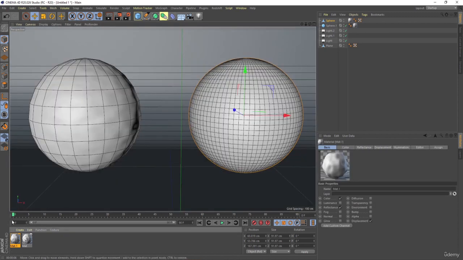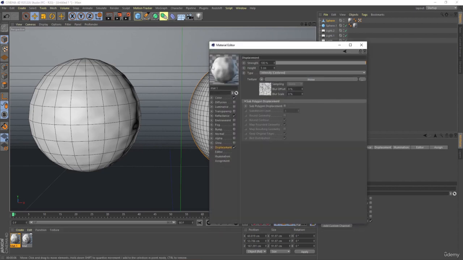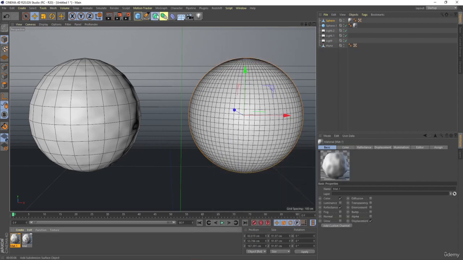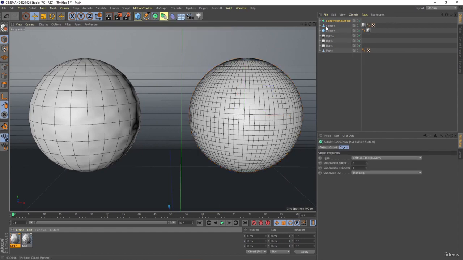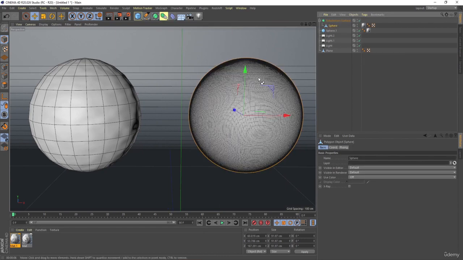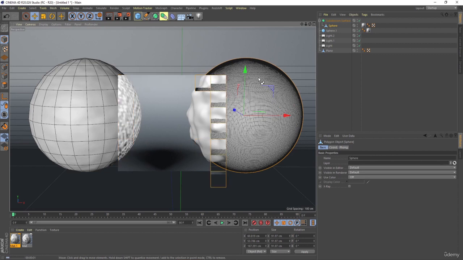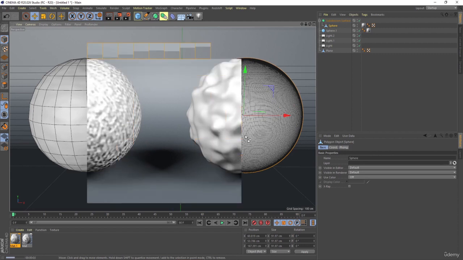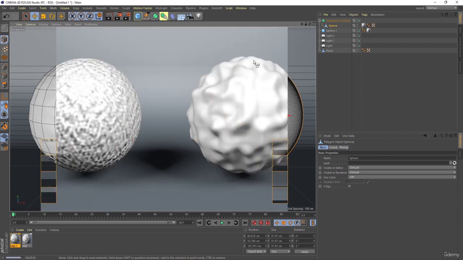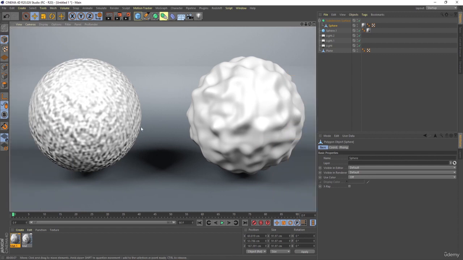Right now we have applied this bump. Even if you see the preview, you will get this distorted shape. And if I enable my subdivision surface and select this and move inside this, and now if I hit Ctrl R, because I have added subdivision surface to that object, we will get this thing a little bit smoother. So that's the basic difference between bump map and displacement map, where the bump map just creates an illusion